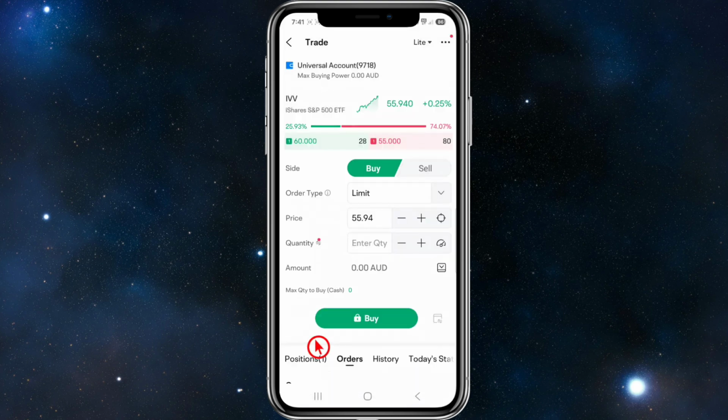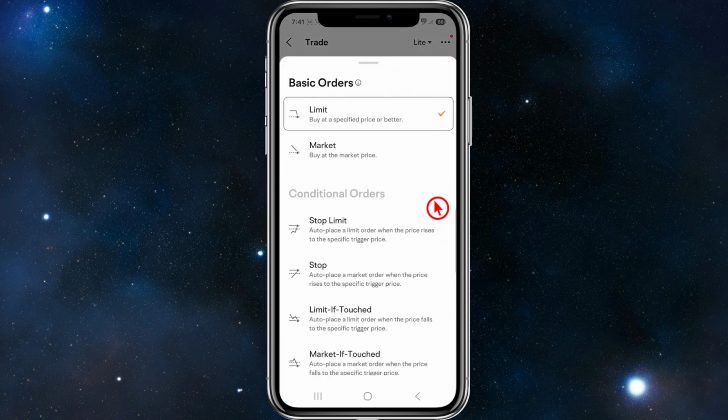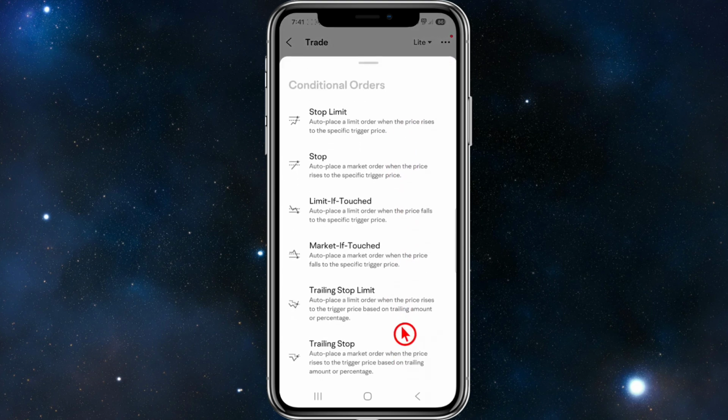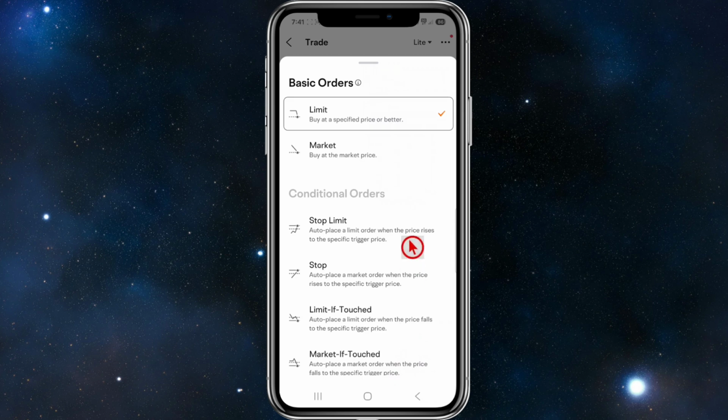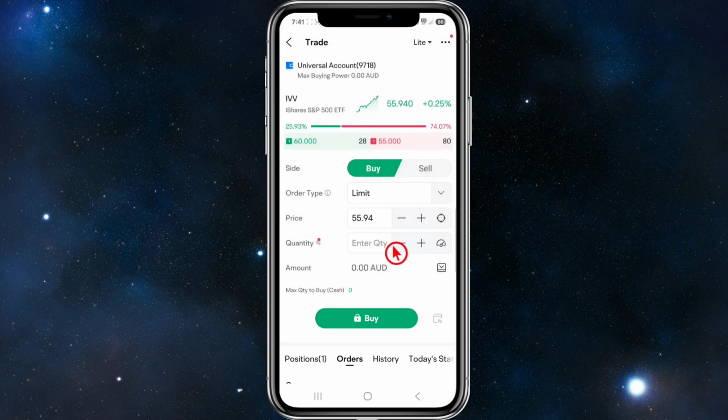I'm going to click on buy, and so we've got a limit order. We can change that to market. We can do stop limit, stop, trading stop, and so on. I'm just going to keep it to a limit order, and that's the price. And then we can change that if we like. So I want it 2% below, 0.2% current price, or